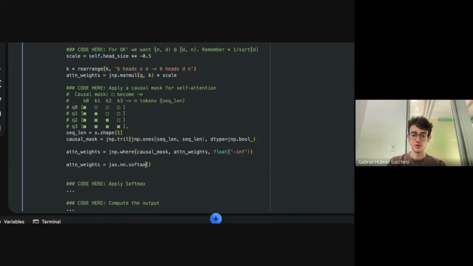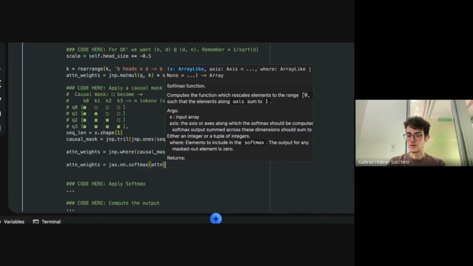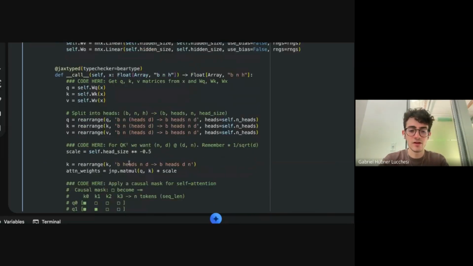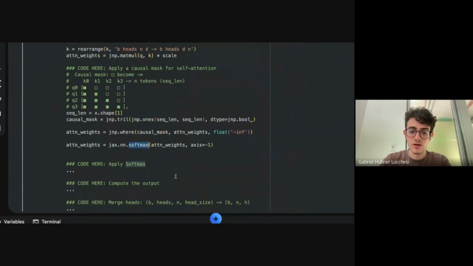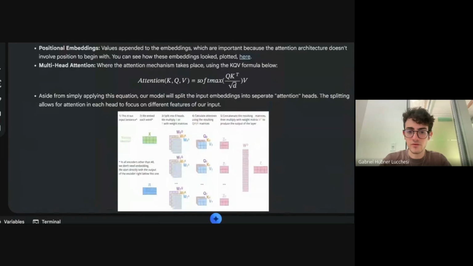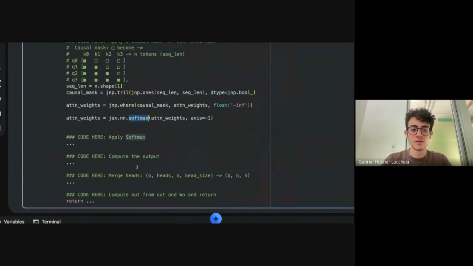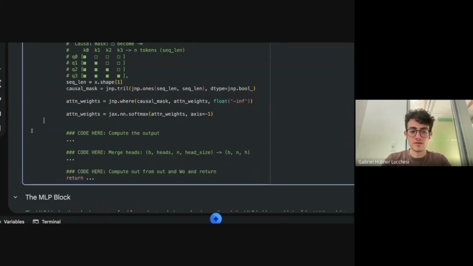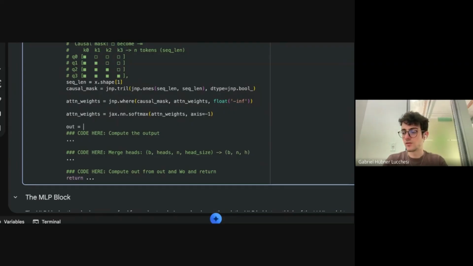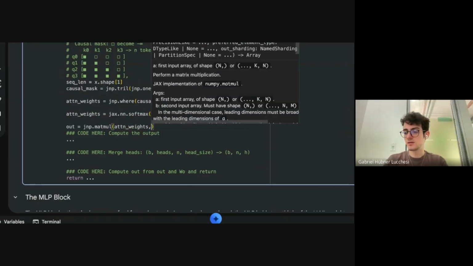Attention weights equals jax.nn.softmax. Now we're doing our softmax part. And I'm using the cheat notebook here just so I don't make any mistakes. So this is what this is doing. I'm telling it which axis to do; when I do -1, you just say figure out which axis you want it to run on. The softmax is this stage here of the formula. And then the output is just contextualizing it with the vector of values, right? So we're just going to matmul again: matmul, attention weights, and V.